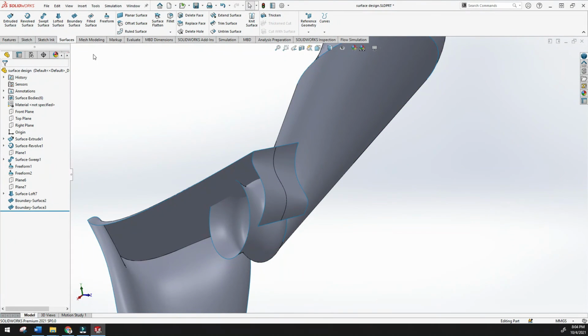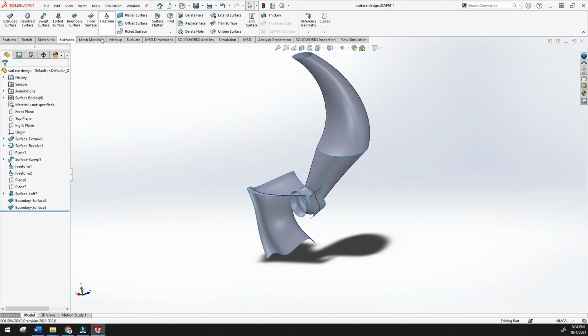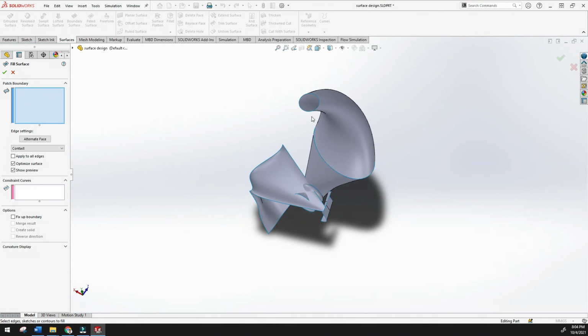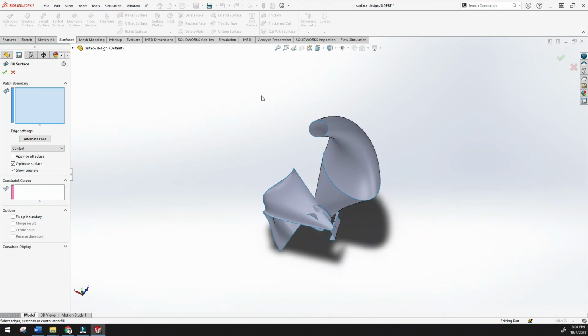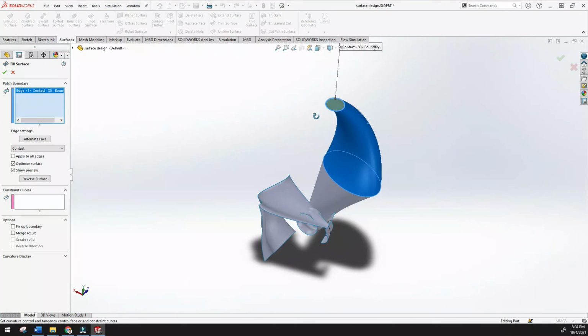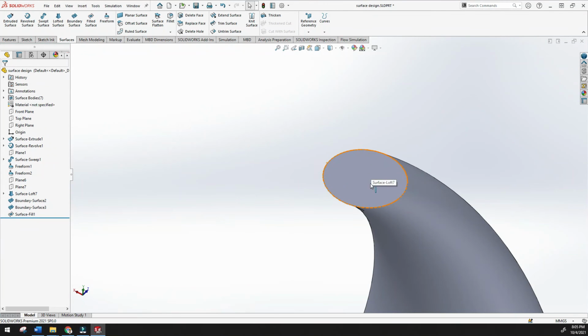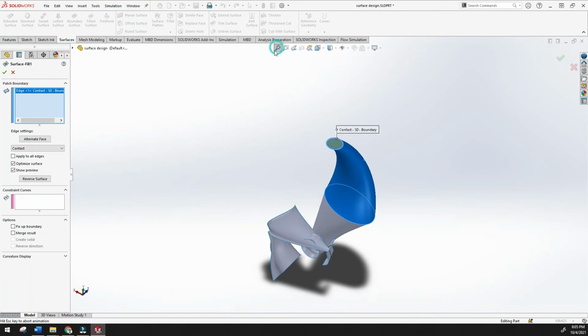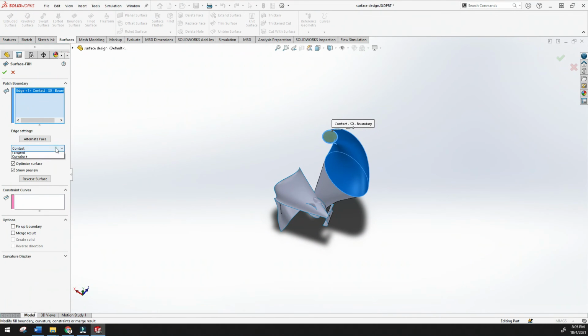Now I want to use the fill surface. What is fill surface actually? So this name implies that you can fill some closed profile. See, once I click this profile and done, see, it is filled by this. Okay, edit features, and here are again some options: curvature, and some other options.